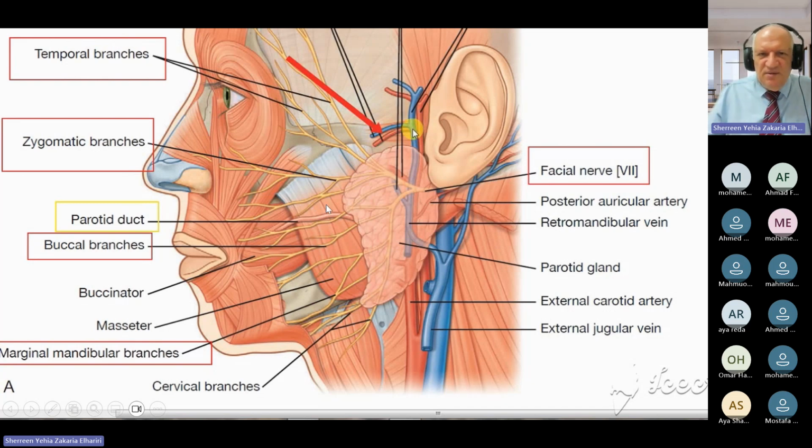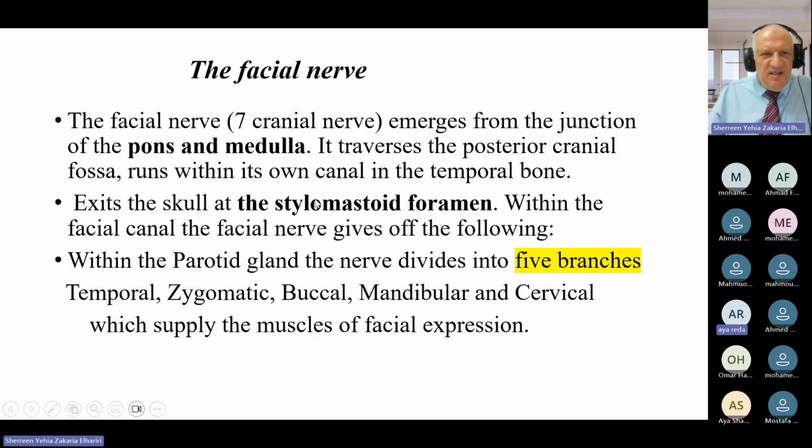Okay, thank you, Dr. I. شكرا Okay, جدا. again, a facial nerve, of course, come from bones and medulla or bones and medulla, and extend the skull through stylomastoid foramen. It is important, and have 5 branch, which is temporal, zygomatic, buccal, mandibular, cervical, which supply the muscle of the